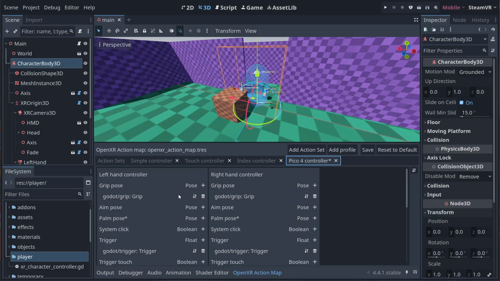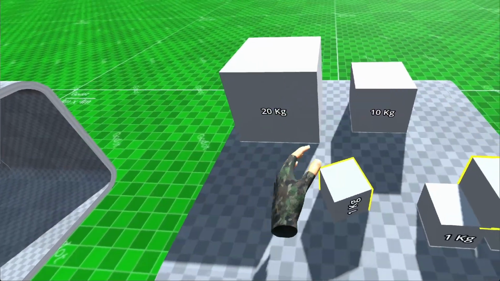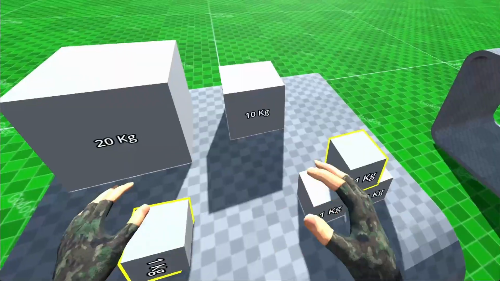To work around this, we often see developers create an action map that binds all inputs to matching actions, and then bind the OpenXR actions to the actual game actions so they have control over these bindings. Indeed, the default action map Godot provides is well suited for this approach. However, I'm not a fan of this approach.